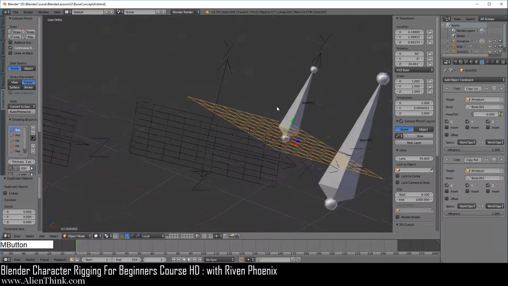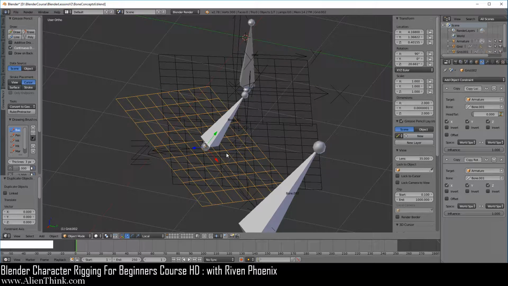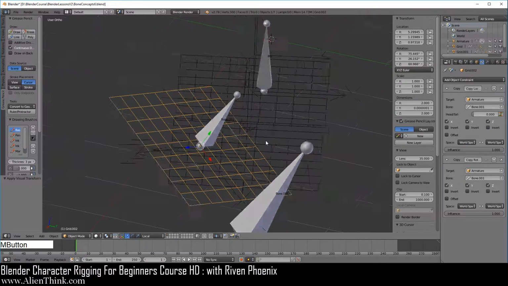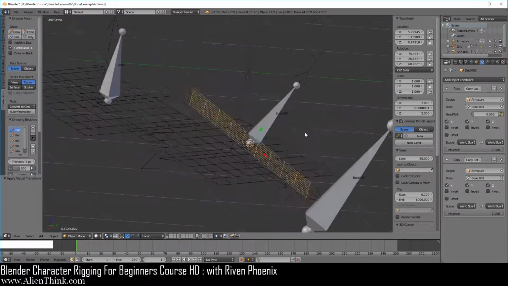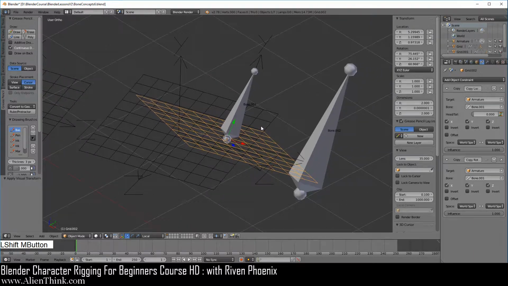So you'll notice that this is going to travel with it. Now when you have this over here, I want you to do Control A and choose visual transform, and now shut these off. So now you'll see that this is how it is. Okay, the local coordinate system will travel with this bone when you are rotating its parent.